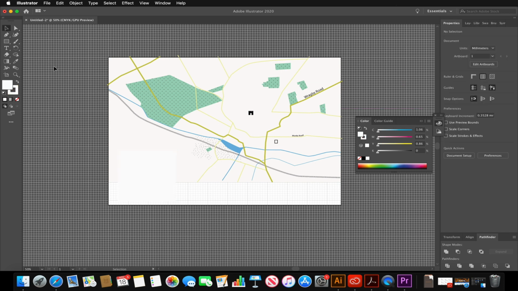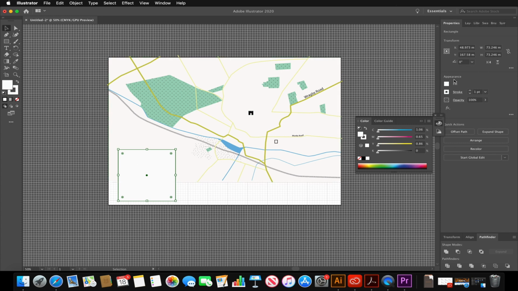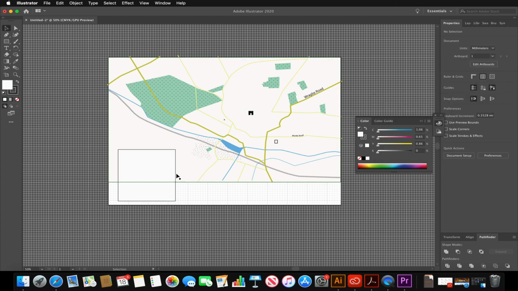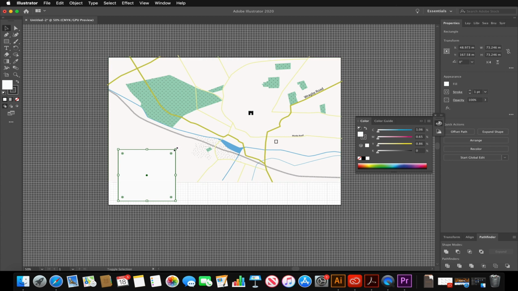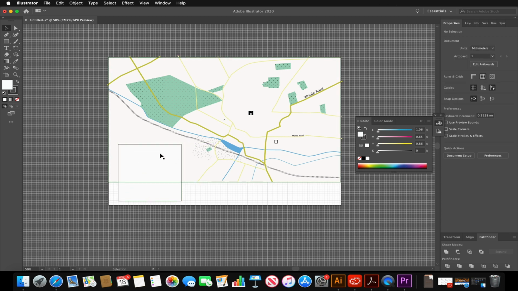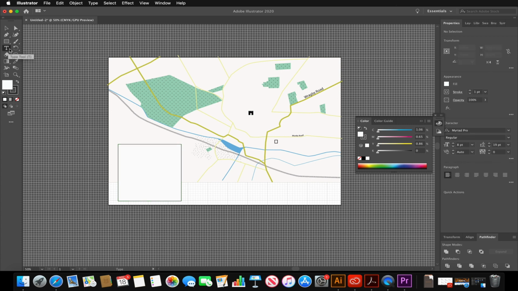Just so I can see what I'm working with, I'm going to give that stroke a colour of a darkish grey, maybe for now. I can always go back and tweak the colour palettes as I see fit. So now I have this rectangle down here. I'm going to use the type tool, and I'm going to just draw